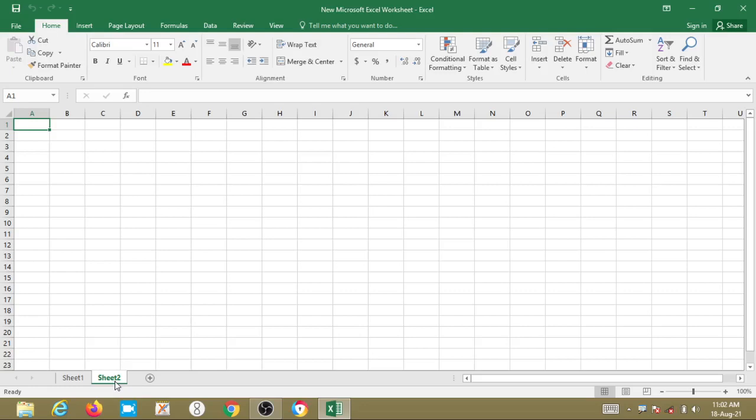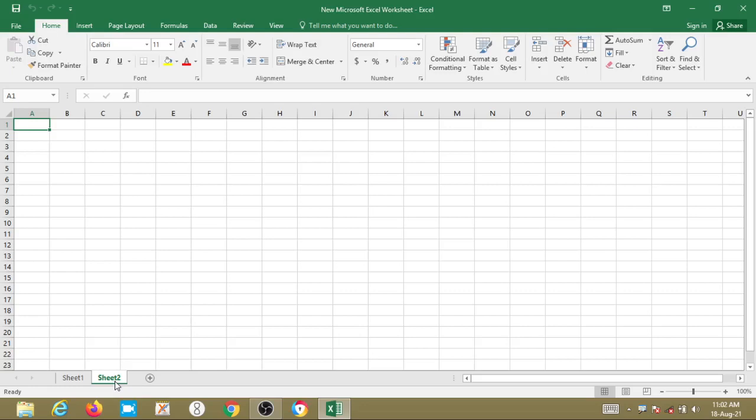We should always use only one version of Excel because it avoids confusion. Using several versions of MS Excel creates confusion, so we use only one version every time.